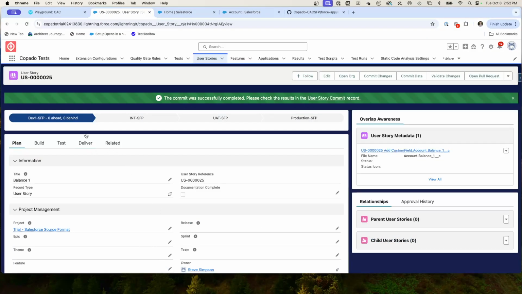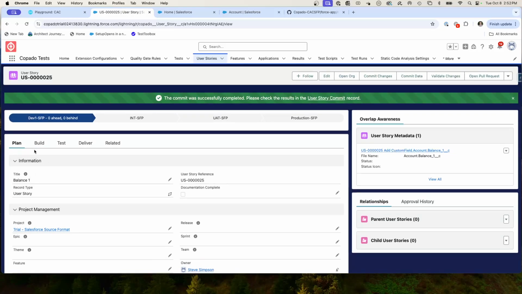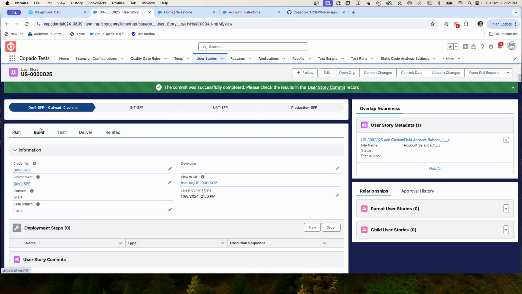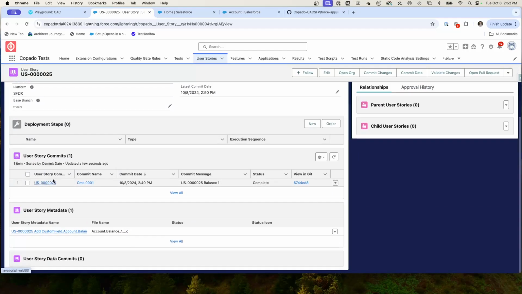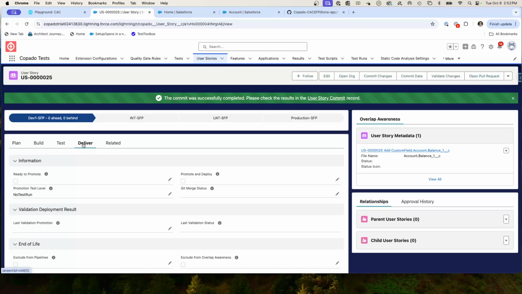So here's the user story for dev 1. We show the user story is the balance 1 field. It's in the dev 1. This is showing the progression. What we're going to do is, if we went into build, we could see the commits and the metadata. So there is a single commit, and then there is the metadata for that single field. What we're going to do is go to deliver, and there is a really fast promote and